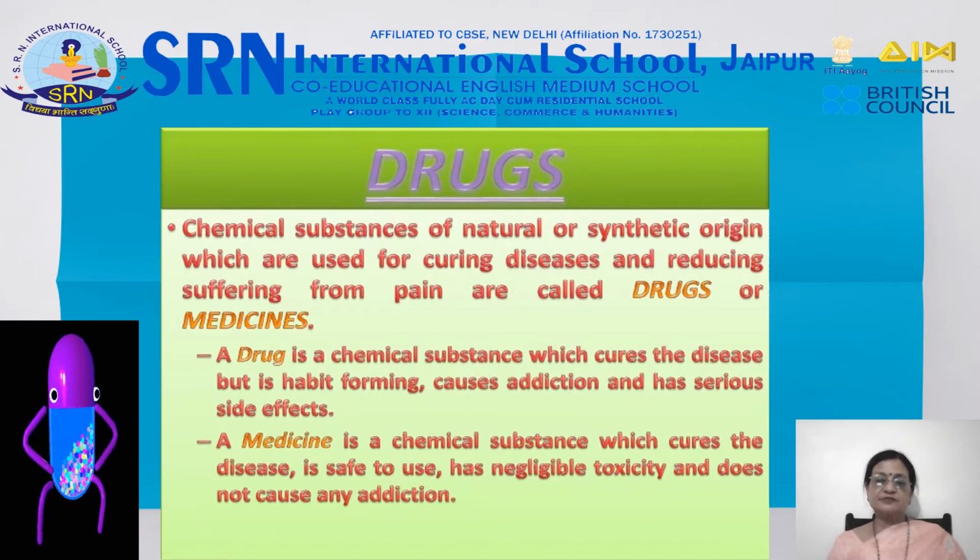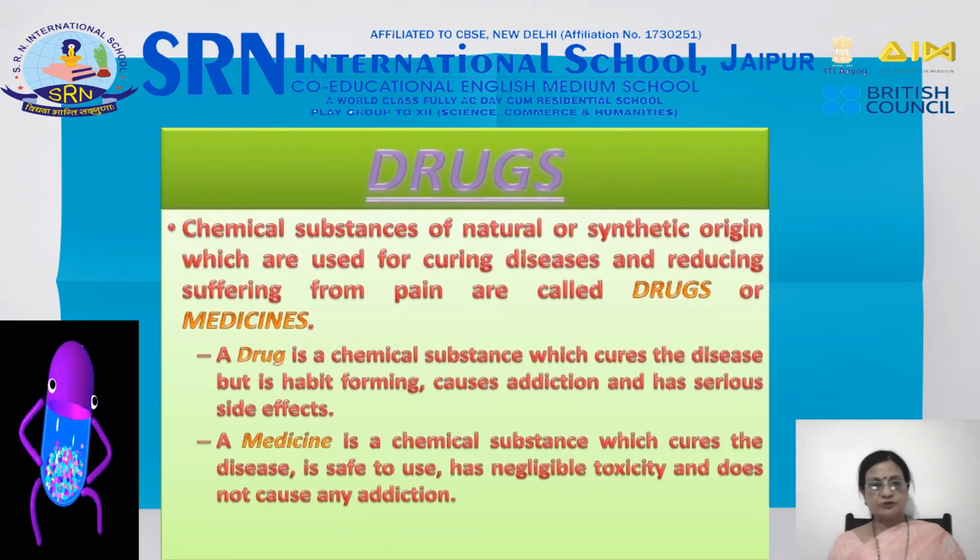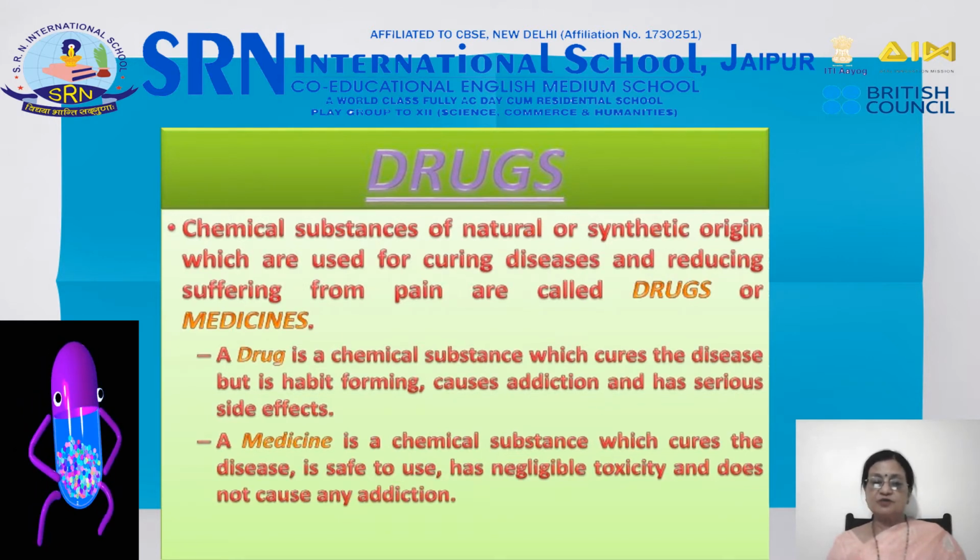There are two main factors which are kept in mind while designing a medicine. First is drug target and the other is drug metabolism. Drug target is when the drugs interact with the macromolecules like carbohydrates, proteins, lipids, nucleic acids. These molecules are known as targets. Now the choice of target for a drug is important to obtain the desired curative effect, that is, the ability to cure diseases. Then second is drug metabolism. When a drug is taken, it should reach its target without undergoing any metabolism, and it should be easily excreted without causing any harm to our body.